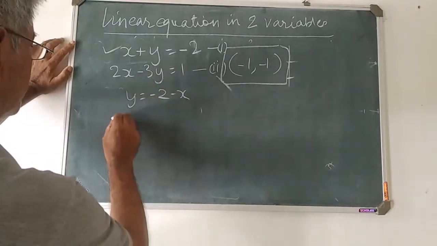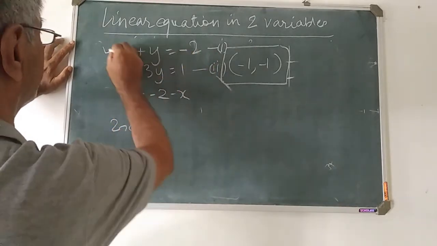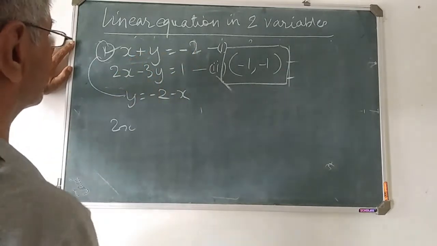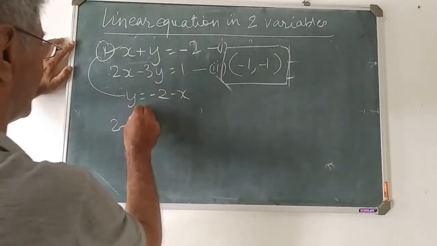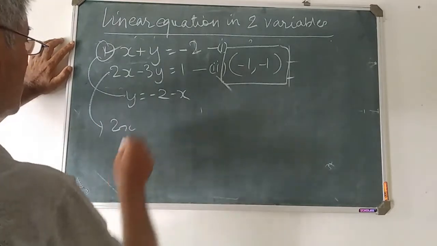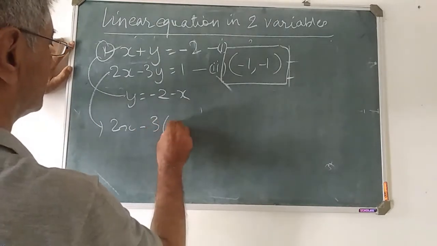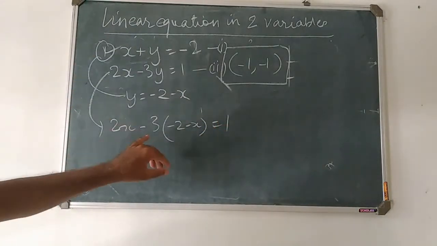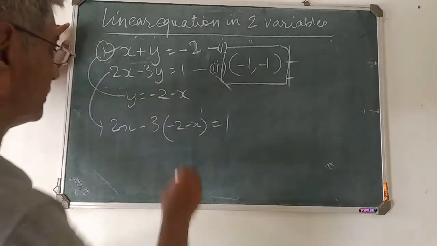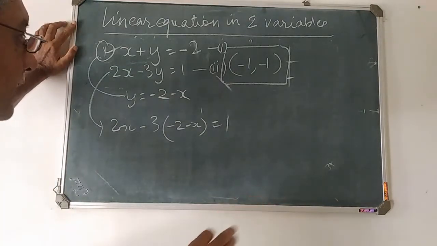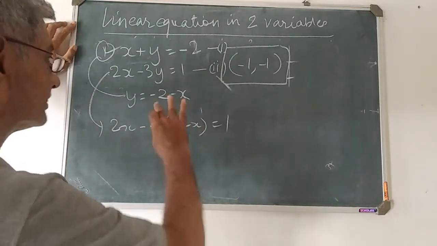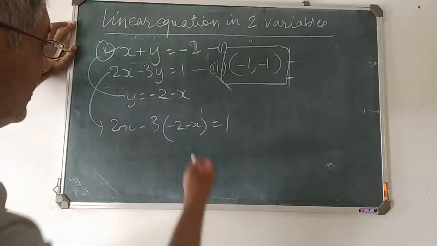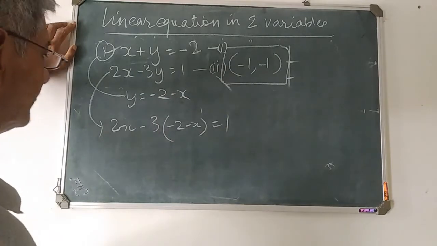Let us put it here, 2x from the first equation. From the first equation, we have y is equal to minus 2 minus x. Let's put the value of y here. Minus 3 into minus 2 minus x is equal to 1. See, you should write it down, pause it and write it down, because it might sound a little confusing, but you are just putting this here, nothing. Because we repeat this minus 2 minus x, one tries to see that it's very difficult.